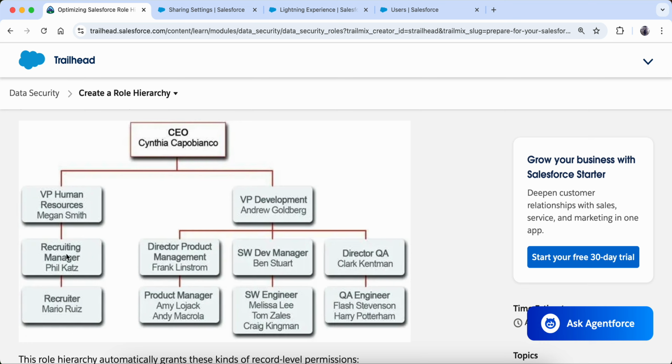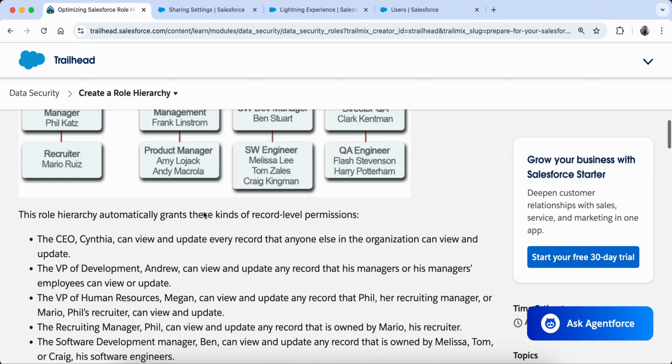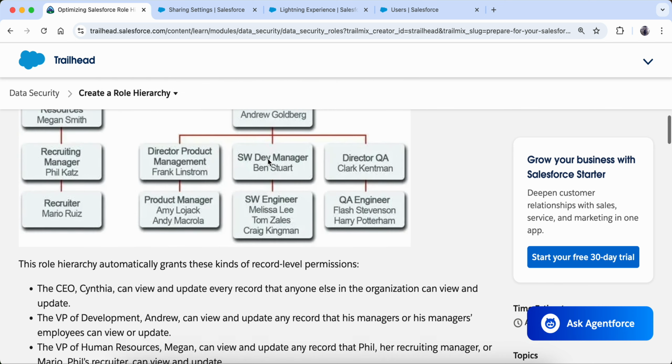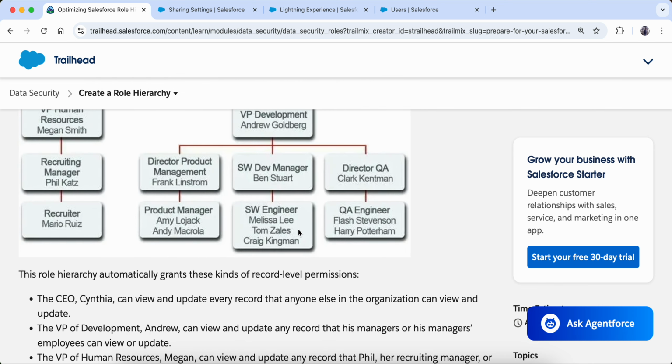And this recruiter manager should be able to access the recruiter record. So this is how it happens. And the ones who are lowest in the hierarchy, for example this product manager or this engineer, will not have access to anyone's record. If there is no one under them, they will not have access to anyone's record.